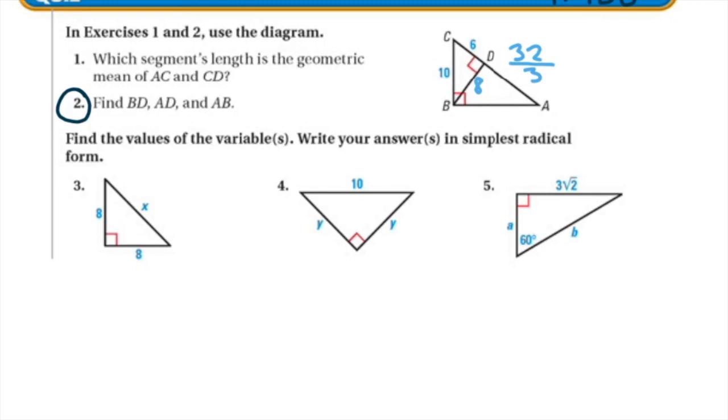The last part of number 2 is asking us to find the length of segment AB. AB is the other leg of this larger right triangle in the picture. And you actually have two choices to go about this. You can use the Pythagorean theorem because now we actually do have two sides of that triangle. If I draw it out for you,